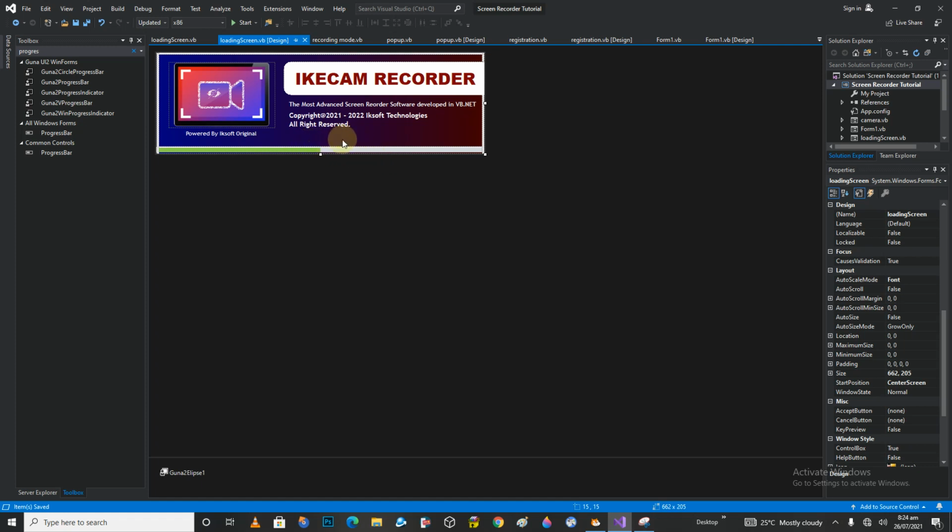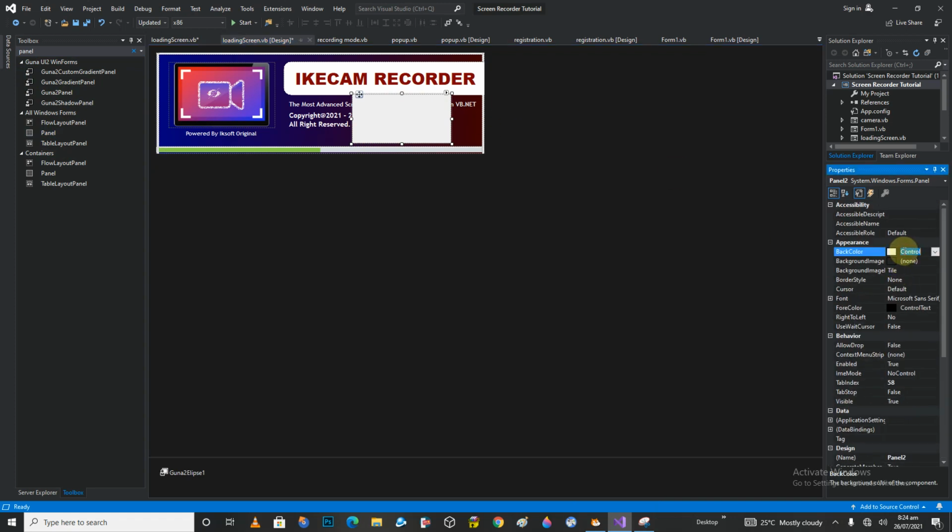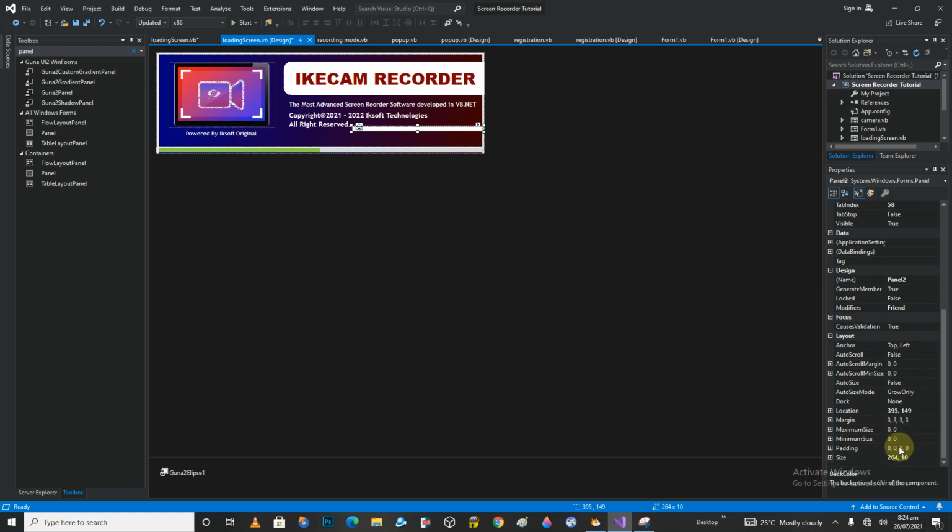So in this case I can do a little bit of designing, and you see it doesn't matter whatever you are doing, you can customize your own design from this section, right? So I'm just going to add a panel, just a normal panel, nothing else, and I'm going to set the back color to white, just like that, and I will just extend it to here, then I just put it here. It's just a design. If you understand designs, or if you know elements of design, you can do a lot of things. So first of all, I'm setting this to 3, and this guy is going to come down first here,